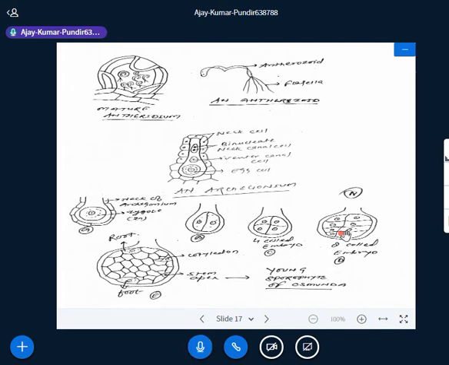At this stage, when the zygote has the 8 cells, you can say embryo, an octant stage of embryo. Then further division takes place, 16 cells formed. Then further division takes place, 32, 64, and so on. As a result, due to various divisions, the diploid zygote becomes a multicellular embryo, which is also diploid.